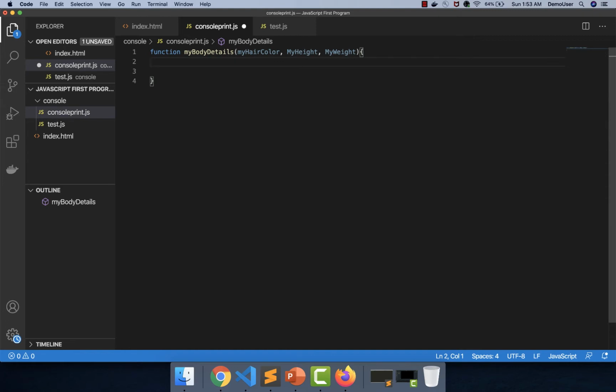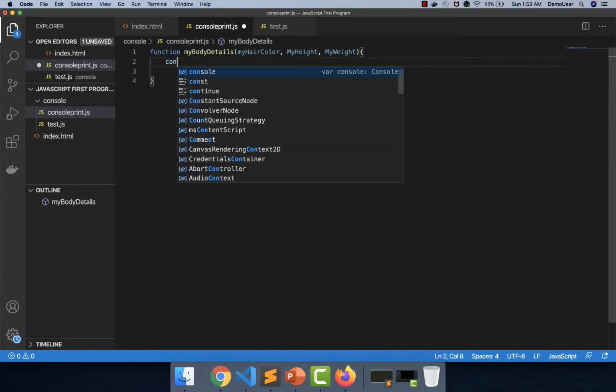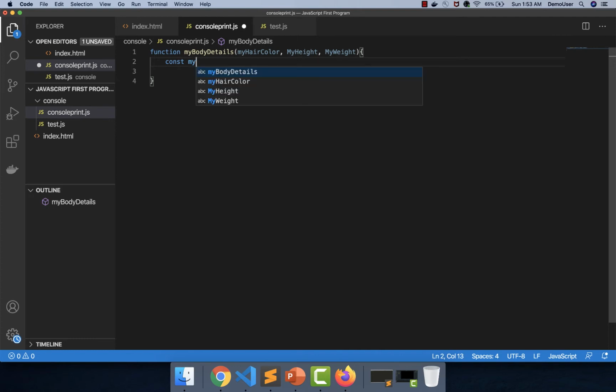Now I want to add some things to the parameters that I've already passed. So I want to create some constants. I will write const myNewHeight, and I will say my height plus 10.